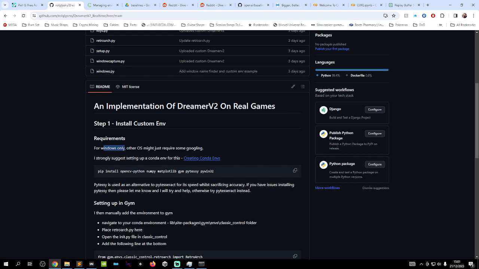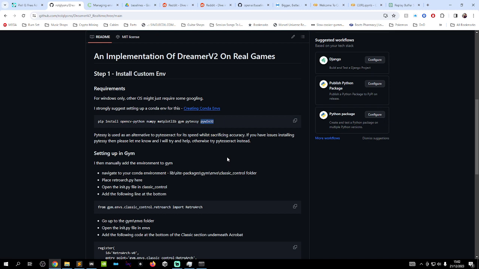So if you want to install it on Linux or Mac OS or some homebrew installation, then you're probably going to have to do some work for that. I strongly suggest Conda, mostly because of Pywin32, which has an error sometimes where it refuses to install with pip and you have to Conda install it. But these are the libraries that my environment uses. The most notable one being PyTessie, because while PyTesseract is fine, it's very slow. It might be okay for 4 FPS, but I don't know how that's going to affect Dreamer's algorithm itself